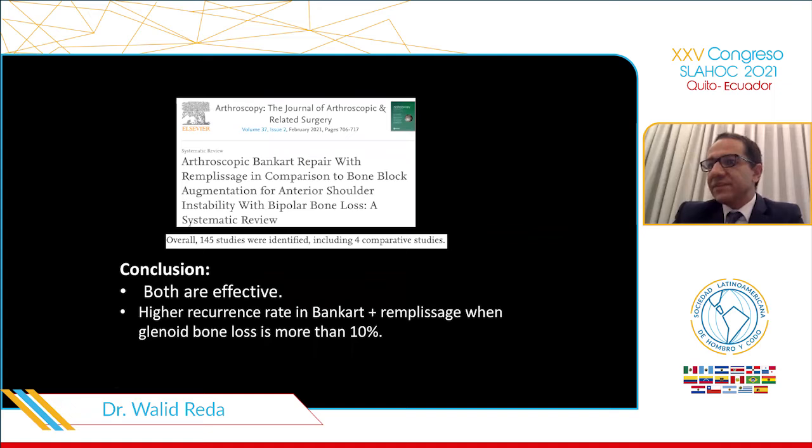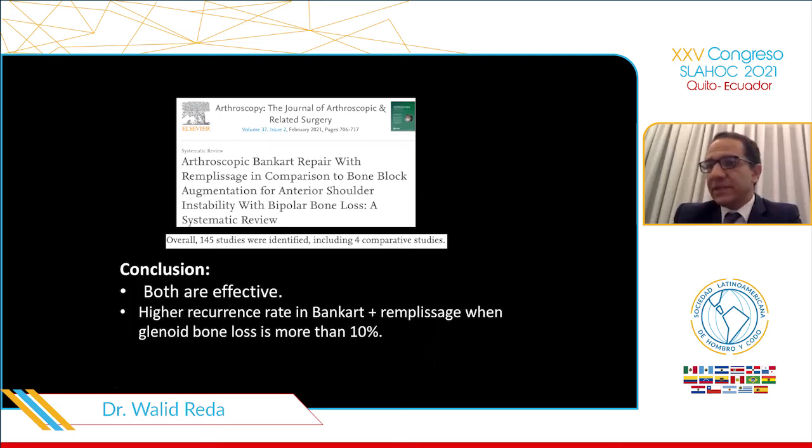So what does the evidence-based medicine say? A recent systematic review of 145 studies comparing arthroscopic Bankart repair plus remplissage versus bone block augmentation for managing anterior shoulder instability with bipolar bone loss, published in the Journal of Arthroscopy this year, found that both procedures are effective in managing anterior shoulder instability with bipolar bone loss with comparable outcome, but there is higher recurrence rate in case of Bankart repair plus remplissage when the glenoid bone loss is